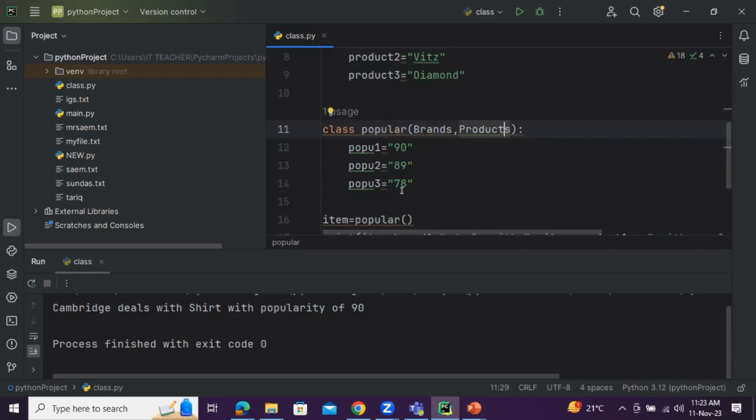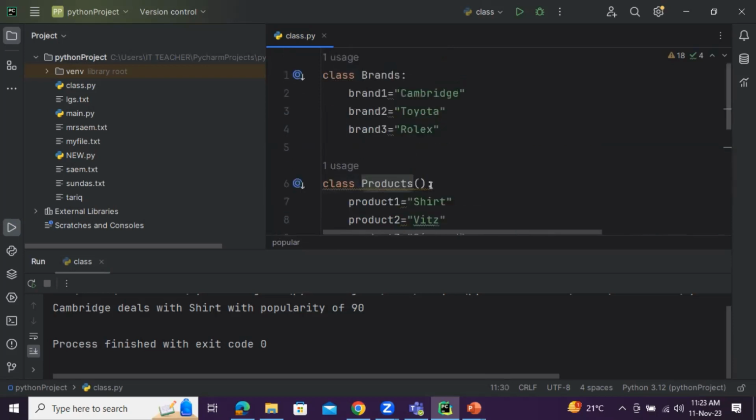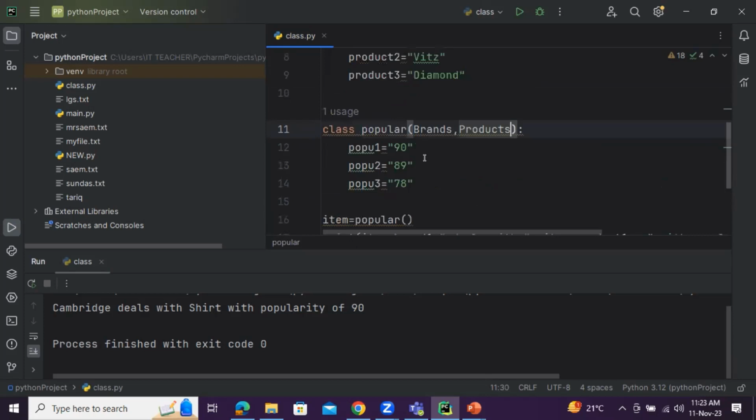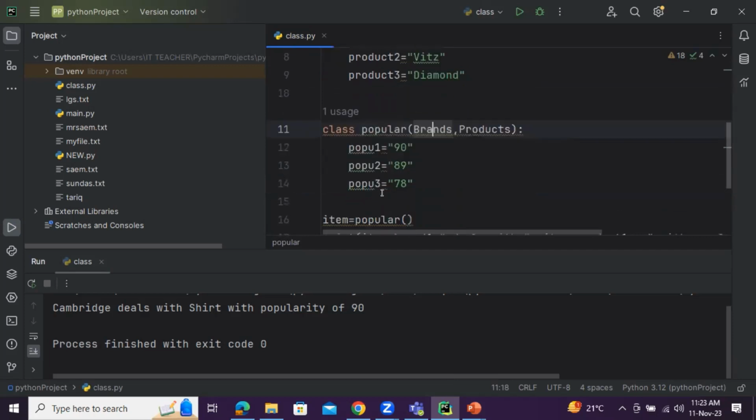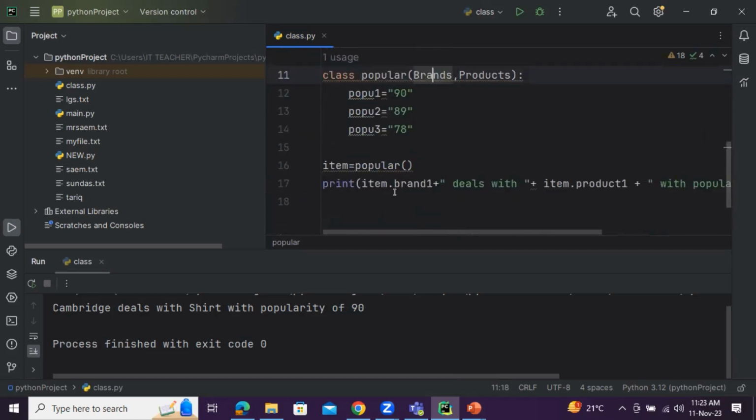यू गेट माय पॉइंट, बिकॉज ऑब्वियसली व्हेन आई टॉक अबाउट पॉपुलर, वो ब्रांड एंड प्रोडक्ट्स में से दोनों में से उठाएगा, कुछ ब्रांड्स में से भी एंड प्रोडक्ट्स में से. So it's inheriting this particular method. Actually this class is inheriting property of this, and this is why जब हमने यहाँ लिखा है items dot brand